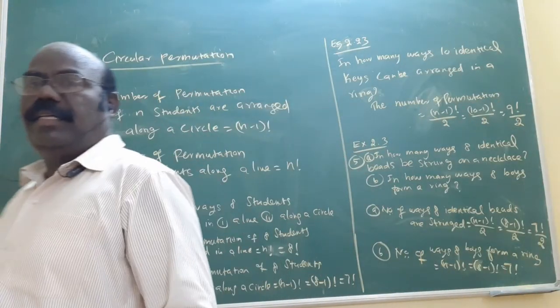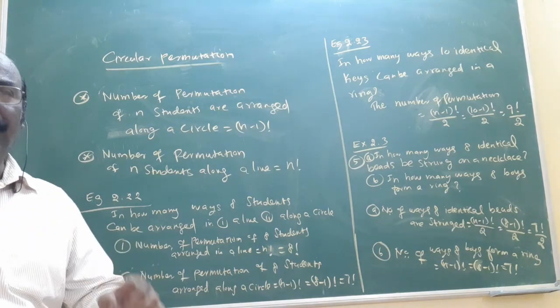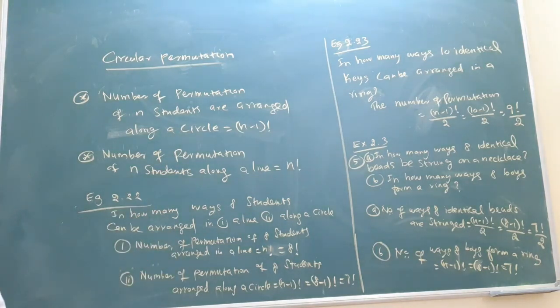Listen here. I already told you, the allotted time for business mathematics is 2 to 4. From 2 to 3 you watch the video. From 3 to 4 write the classwork, take photos and send to me immediately before 4 o'clock as a PDF. That's important, a single PDF file. Then only I will correct. Correction is easy for me.